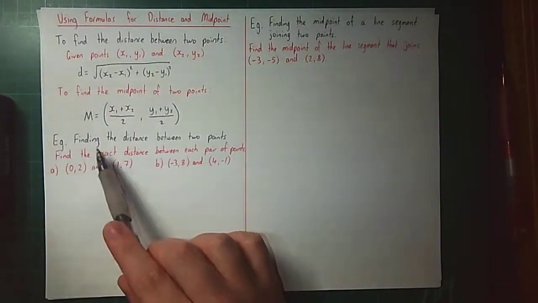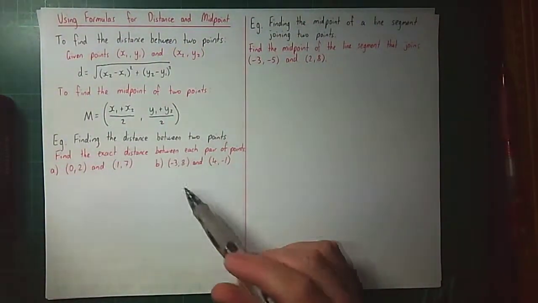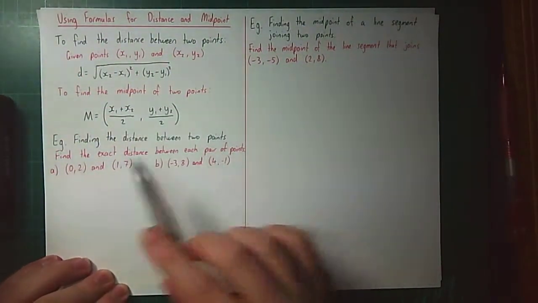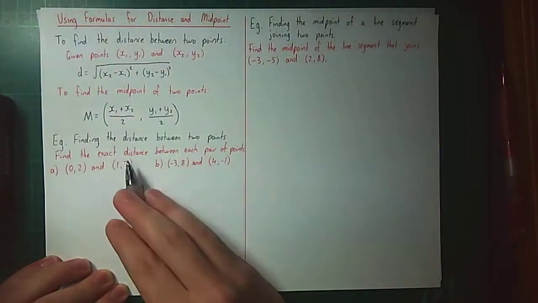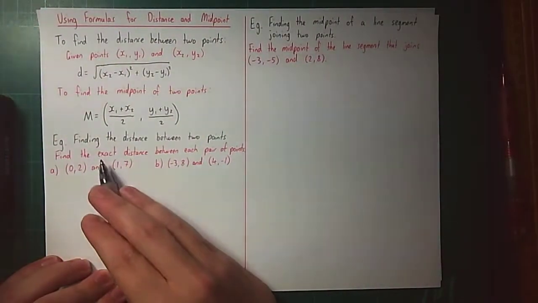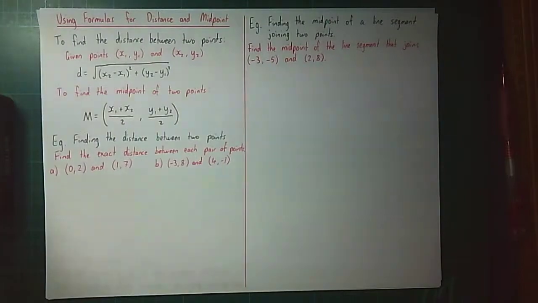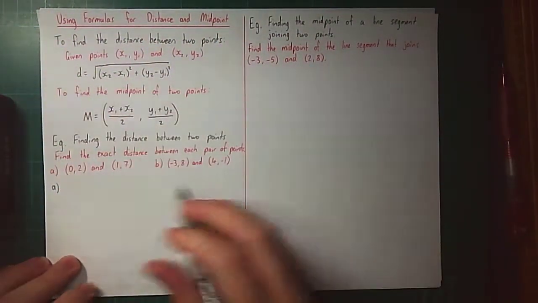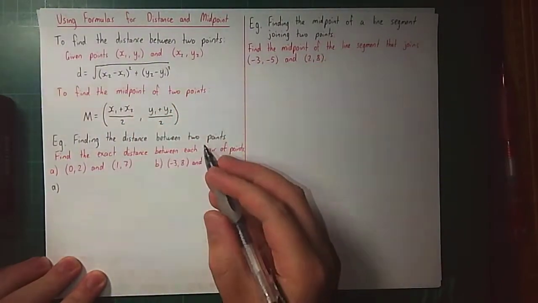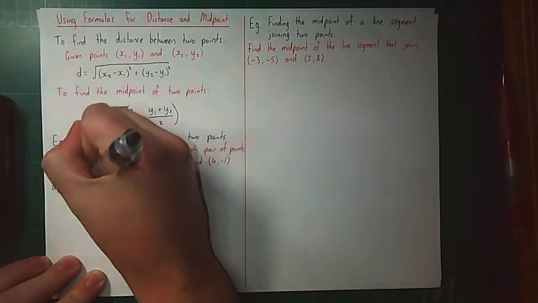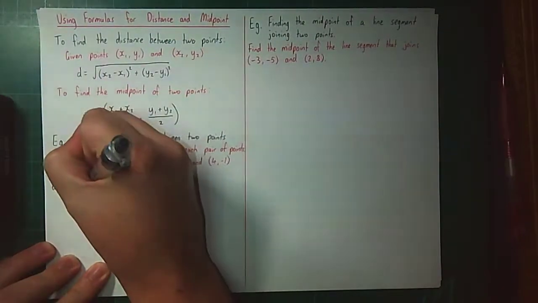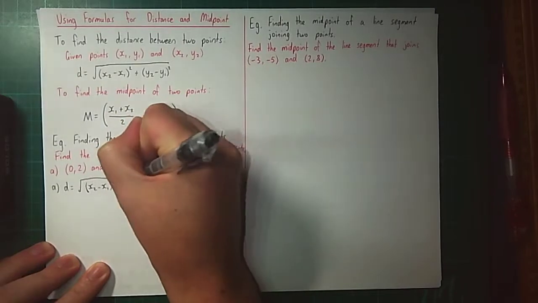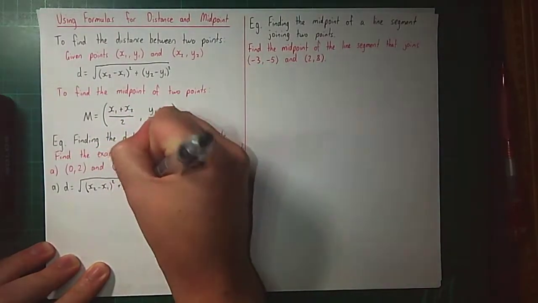First example, we're going to find the distance between 2 points. The question is, find the exact distance between each pair of points. Now, the key to this question, aside from the word distance, is the word exact as well. So, first of all, we'll do part A. Whenever we're working with a formula, I always like to rewrite the formula just to help us remember. So we've got the distance is equal to the square root of (x2 minus x1) squared plus (y2 minus y1)